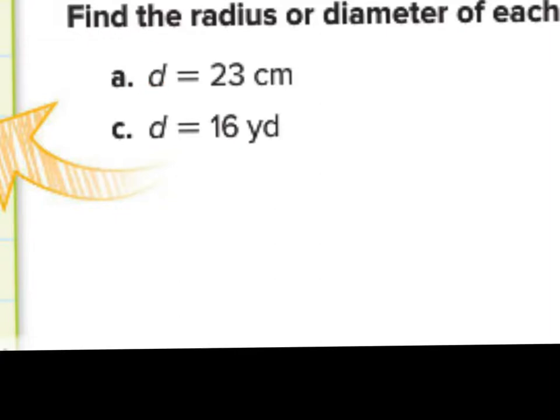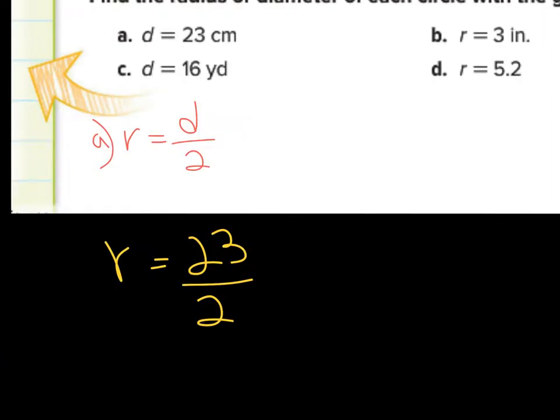So radius for A, this is question A, radius equals diameter divided by 2. So you go ahead and you replace your variable diameter with 23, so there it is. Now divide 23 divided by 2, and 23 is not a number divisible by 2, but 22 is, and 22 divided by 2 is 11, and 1 divided by 2, the other one that I have left to go from 22 to 23, is half, 0.5, so it's